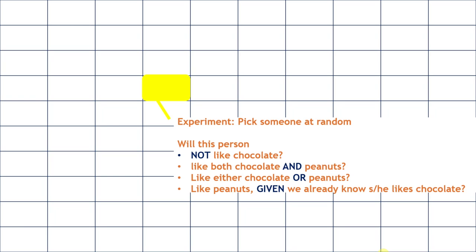We can talk about the probability that this person will like both chocolate and peanuts, and talk about whether this person will like either chocolate or peanuts. These are two very different questions. And we can also ask whether this person is going to like peanuts, given that we already know that she or he likes chocolate. Not, and, or, given are four kinds of questions we can ask about